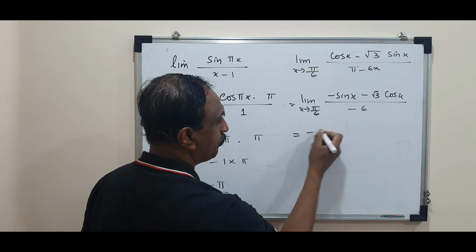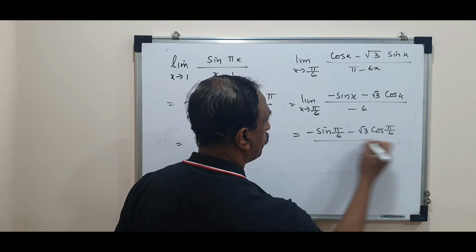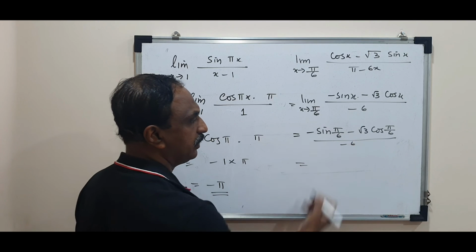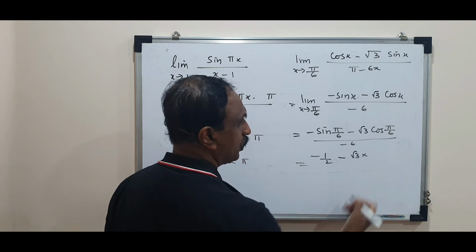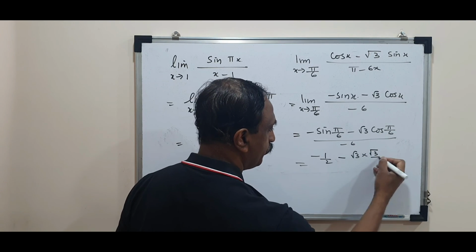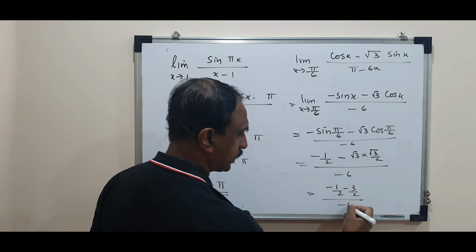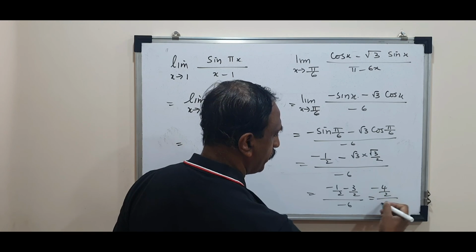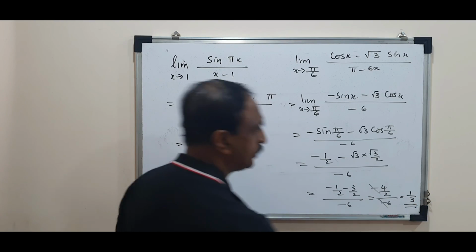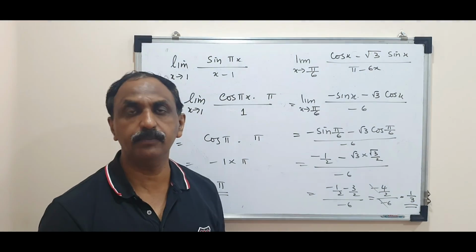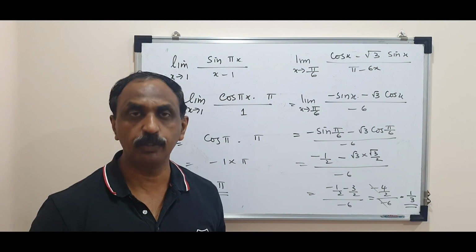Now replace the limit, minus sin pi by 6, minus root 3 into cos pi by 6, divided by minus 6. That is sin 30 minus half, minus root 3 into cos 30 root 3 by 2, divided by minus 6. So minus half minus 3 by 2 divided by minus 6. Minus 4 by 2 divided by minus 6. So you get 2 by 6, that is 1 by 3 becomes your answer. So derivative method will be always an easier method for ones with a degree 1. If degree is more than 1, you may have to differentiate towards